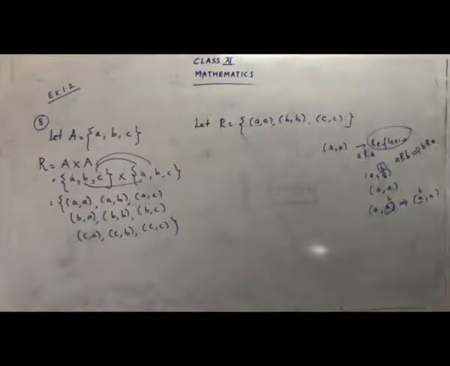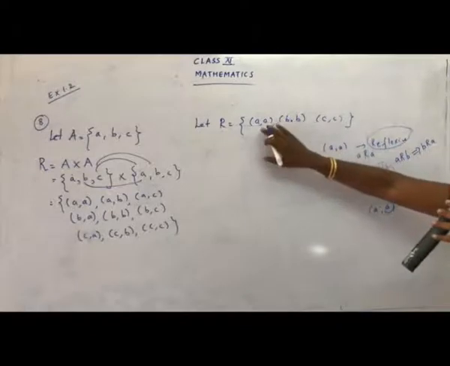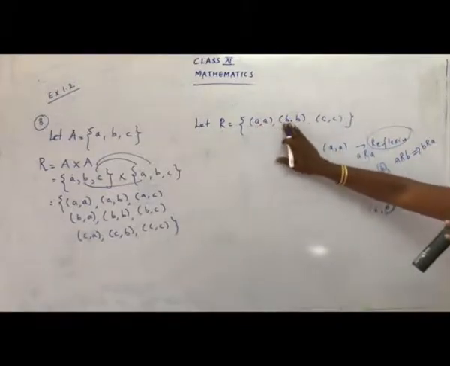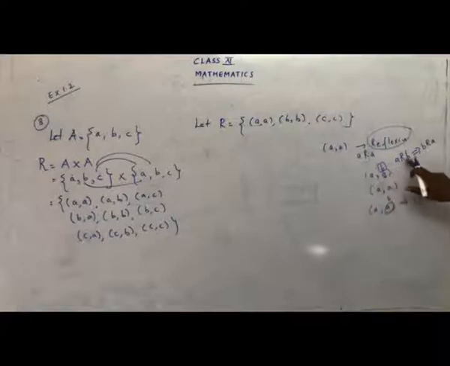Do not get confused. The thing is to go for the smallest cardinality. For the largest cardinality, we can go on choosing many numbers, many pairs, no problem. But for the smallest one, try to shrink the pairs. So instead of taking different pairs, I am just choosing the same repeated pairs like AA, BB and CC. So how are you going to imagine AA? You are going to imagine AA as AB, that is A related to B.